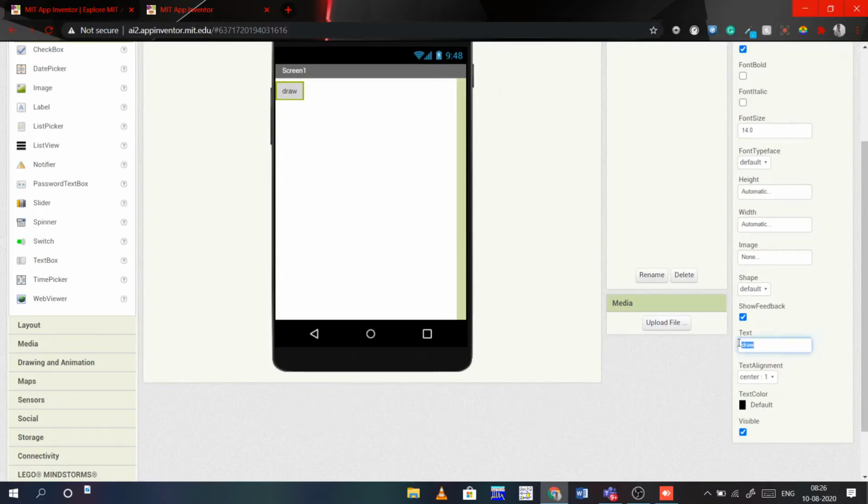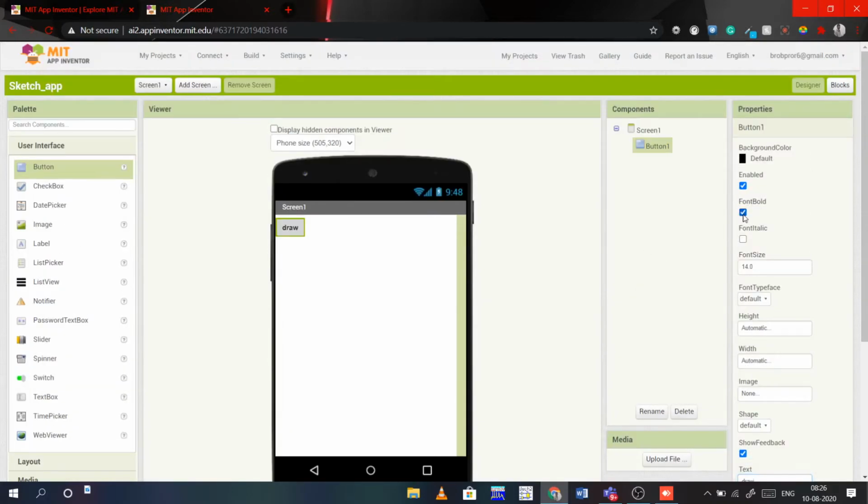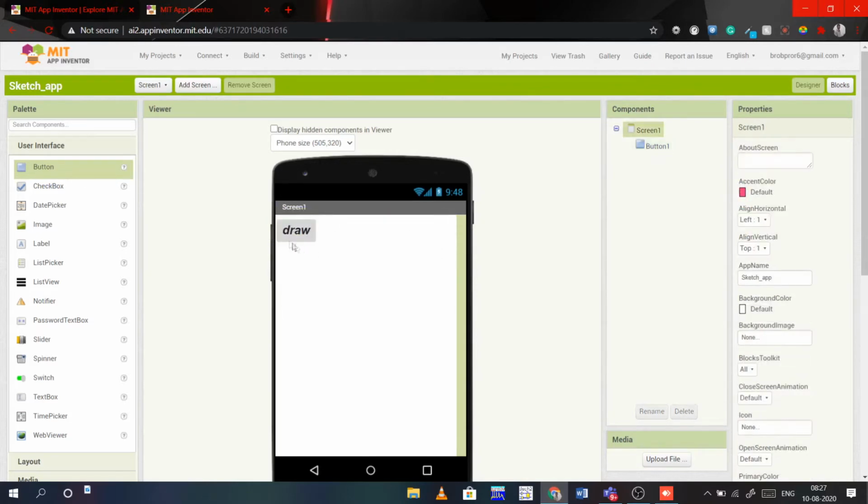So here see, it's changed to draft. You can change the text font, bold, italic and all. You can change the size. One thing to observe: suppose you want a button that covers the entire horizontal screen, then you can do it here.